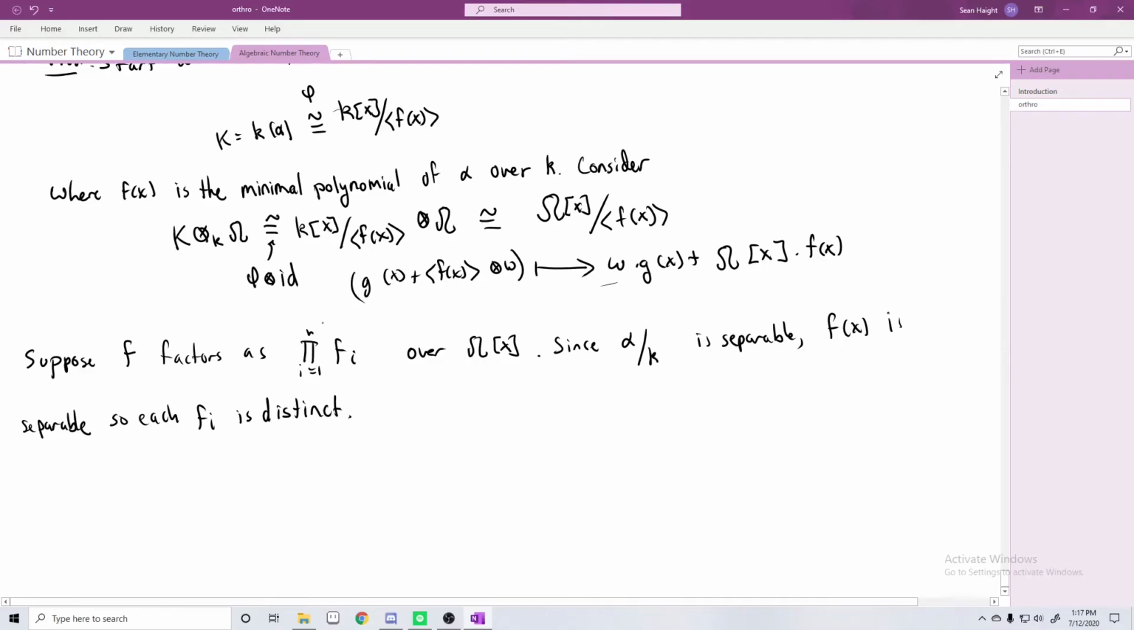So this big family, essentially all these ideals are coprime, so each ideal f sub i, the collection of ideals, are pairwise coprime. So by the Chinese remainder theorem,